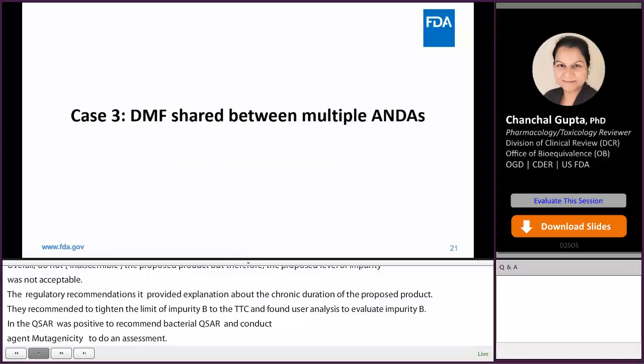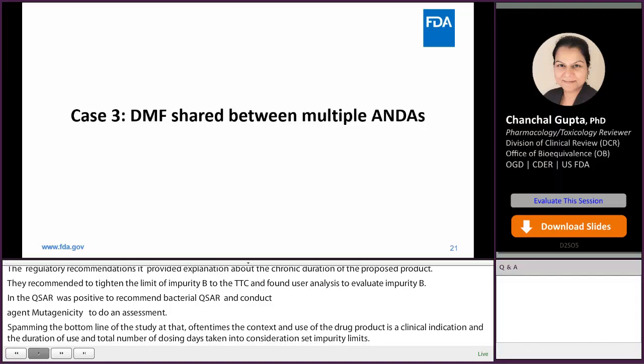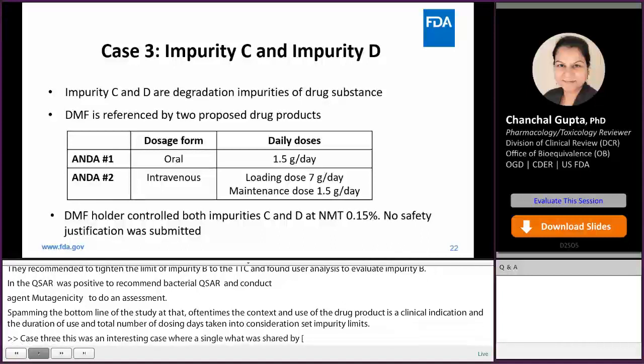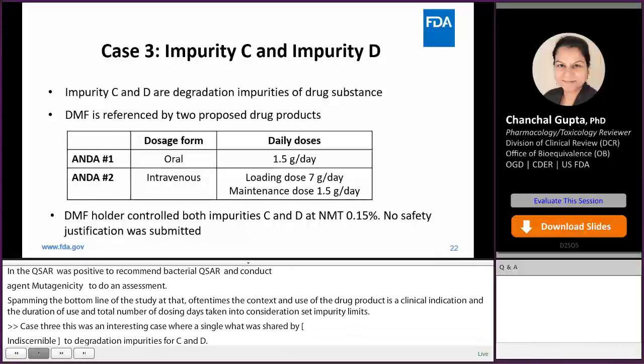Coming to case 3, this was an interesting case where a single DMF was shared by 2 ANDAs. The drug substance contained 2 degradation impurities, impurity C and D. This DMF was referenced by 2 ANDAs. ANDA 1 was an oral drug product with an MDD of 1.5 gram per day, whereas ANDA 2 was an